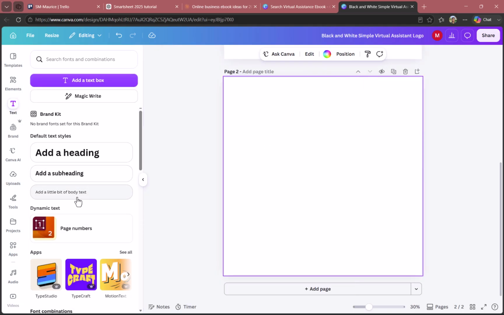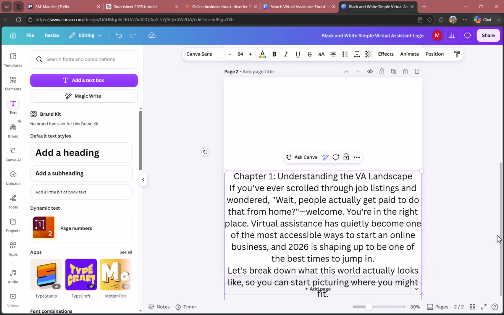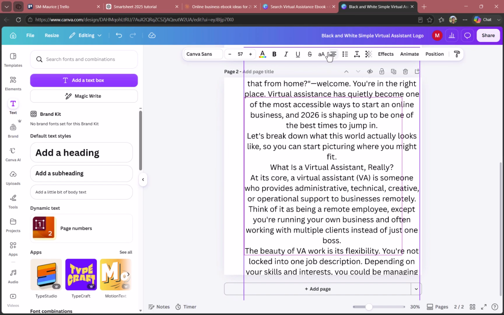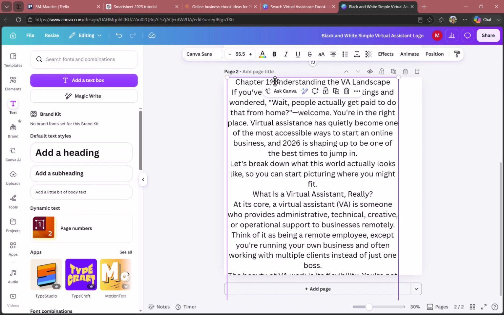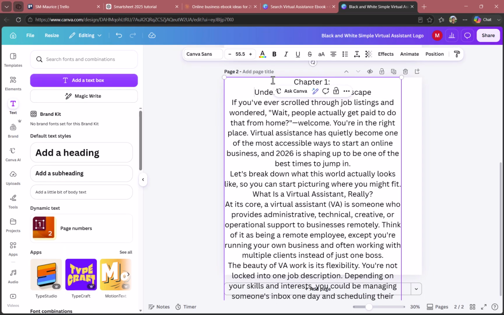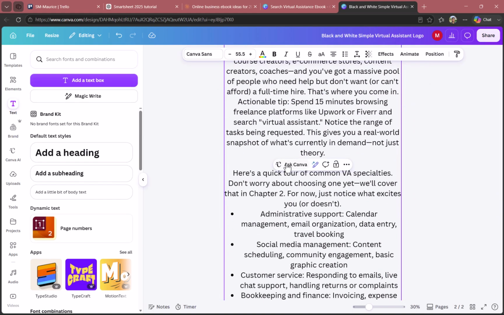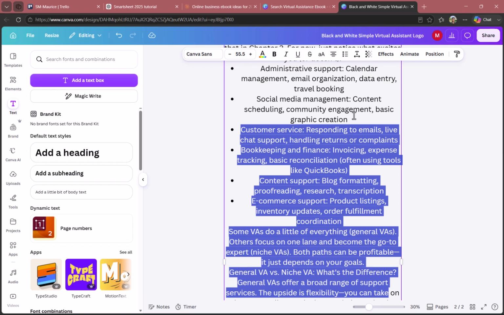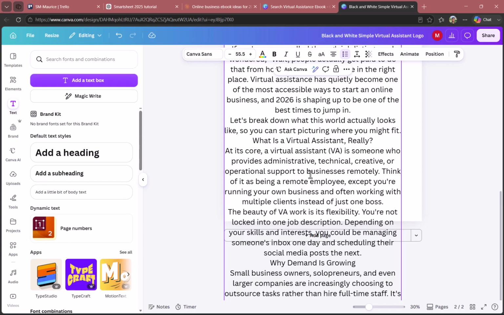So we could just simply select a little body of text here and use the Ctrl key and V to paste all we've copied from Claude, and then just simply minimize till it actually fits into what we want. So now if it doesn't fit in, you could just simply restructure the book as much as you want. You could just start with the chapter 1 here and then just scroll through till you find a certain point to break it. So let's say everything from here should be deleted. So we could just have everything get deleted, and that way we can just structure this so it actually fits